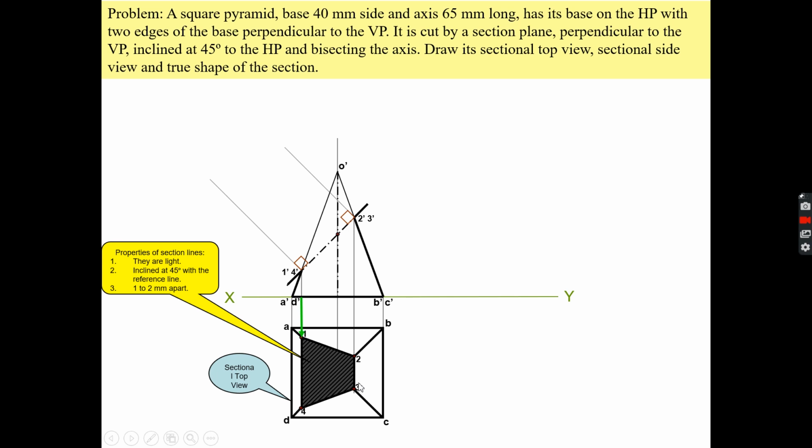distances of these points 1, 2, 3, 4 from the XY line. So this green line is showing the measurement of point 1 from the XY line, and you can mark it like that. Similarly, point 4, point 2 and point 3, you can mark, and you can join it by a solid line, and you have to set this portion similarly to what you are doing here.